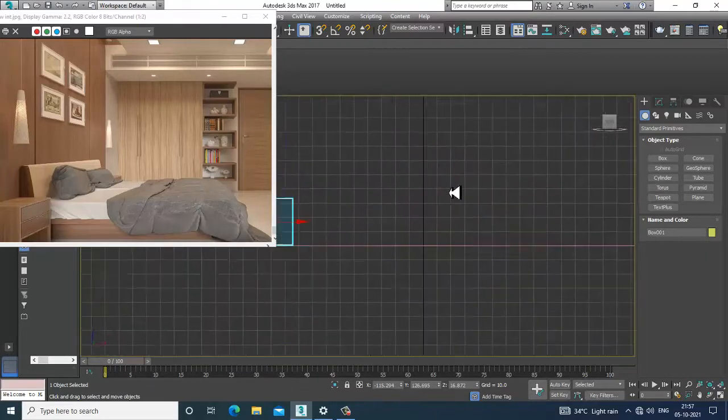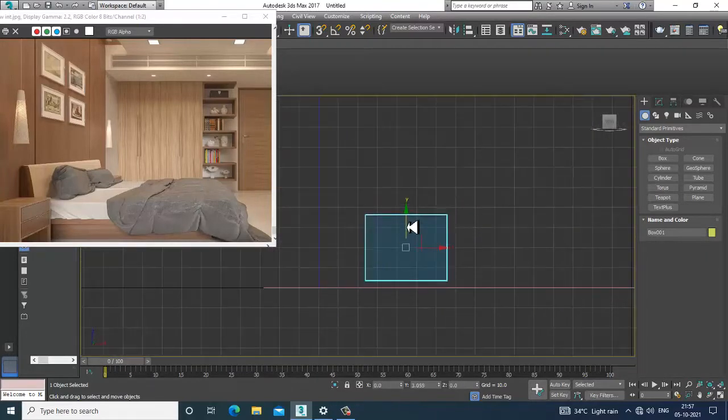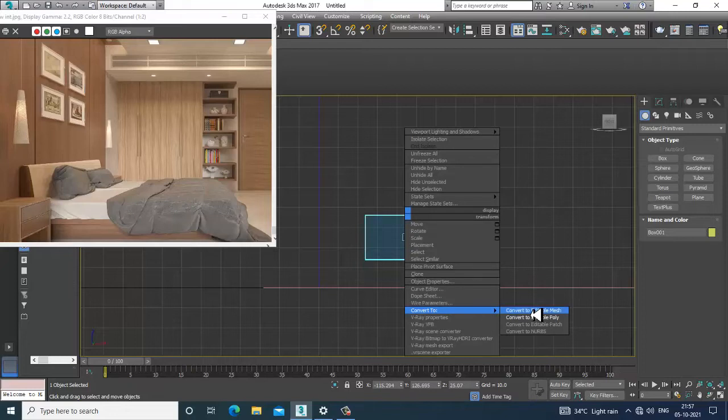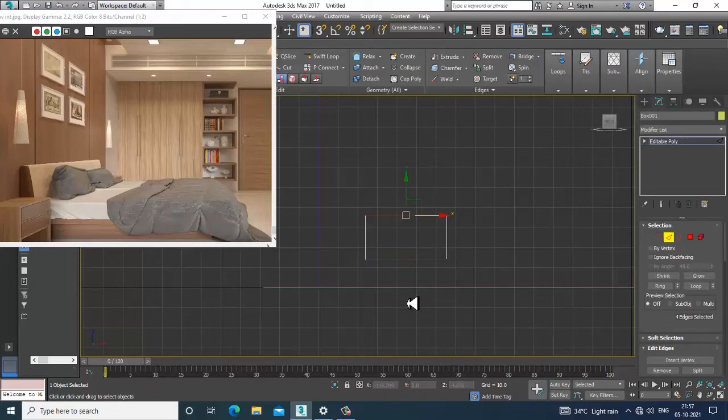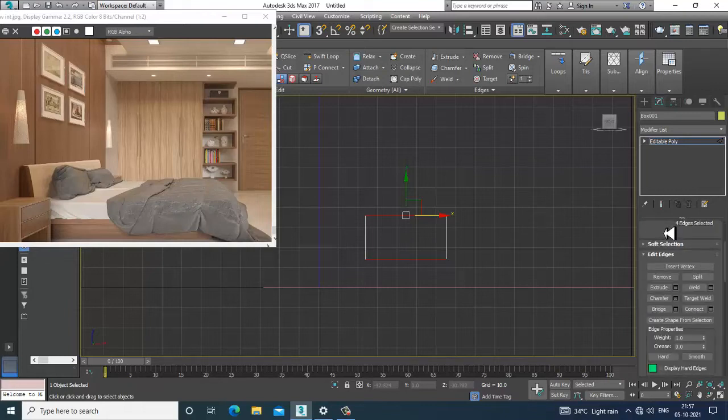Slightly push this up. Convert to editable poly and let's put some loops over here. Let's connect it.